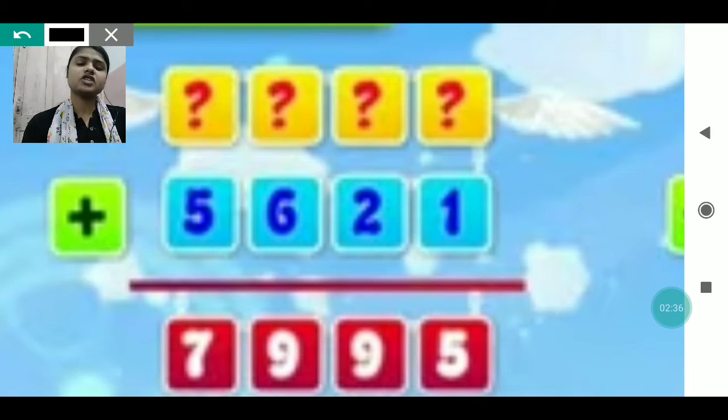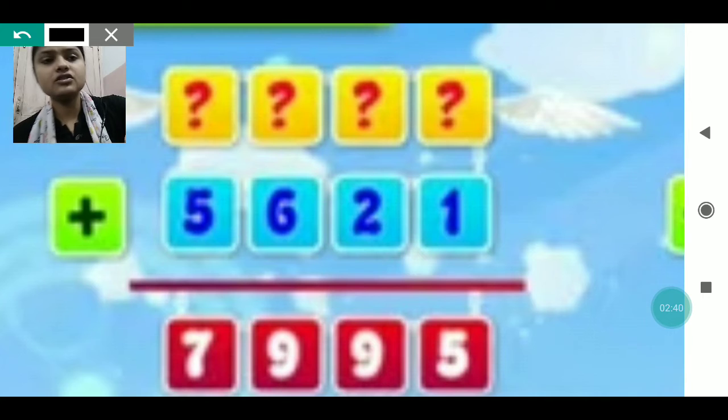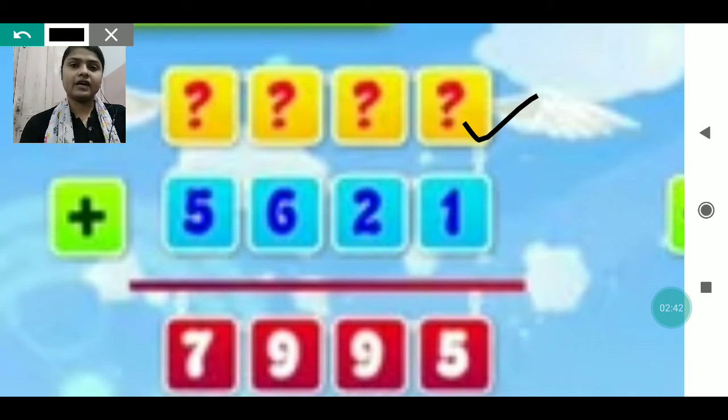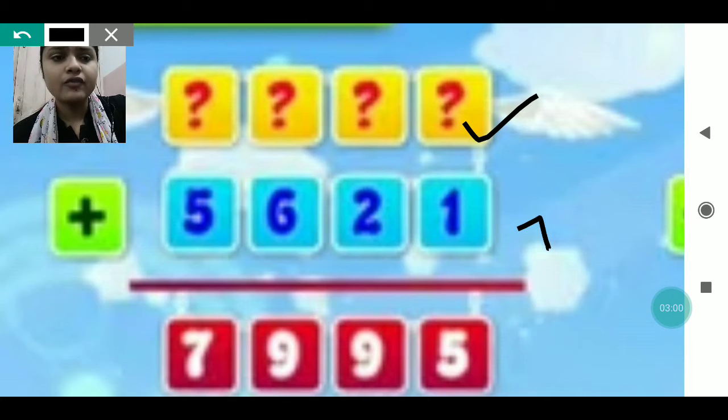This is the question which I am going to solve here. You can see the numbers upside are not written, isn't it? And downside the numbers are mentioned and then the total is mentioned. What will you do to find the numbers which will come upside? It's very easy. If two numbers are already given, now what you will do is take the total and subtract from it the number which is given in the addend column.